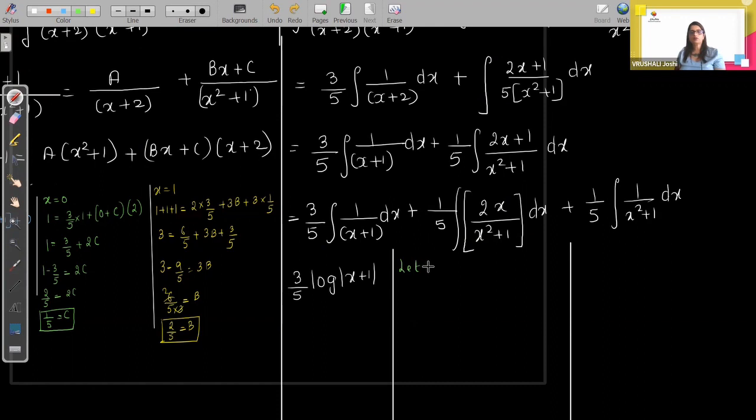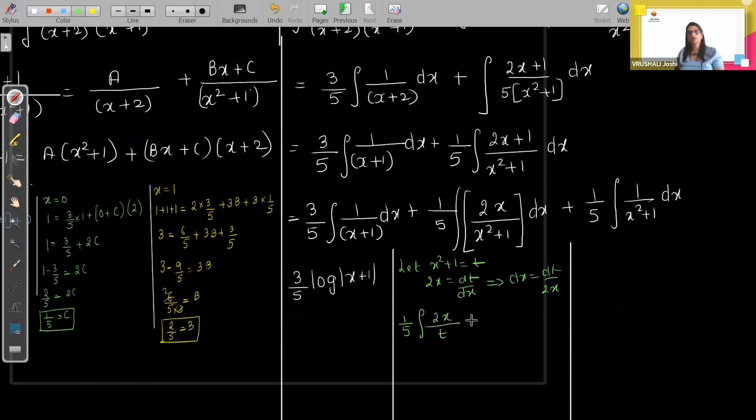So this is going to be: let x square plus 1 equals t. Therefore 2x is equal to dt by dx. Correct. So this will imply that dx is equal to dt by 2x. So this actually will be 1 by 5 integration of 2x by t into dt by 2x. Correct. So this will cancel and you will have 1 by 5 log of modulus